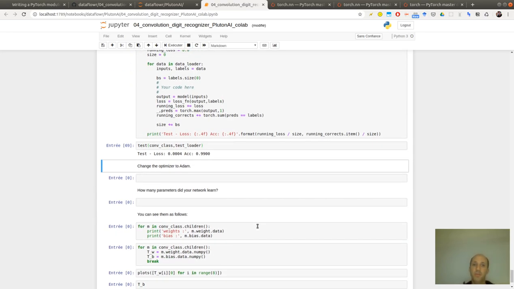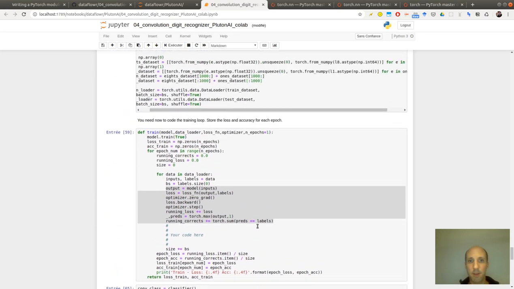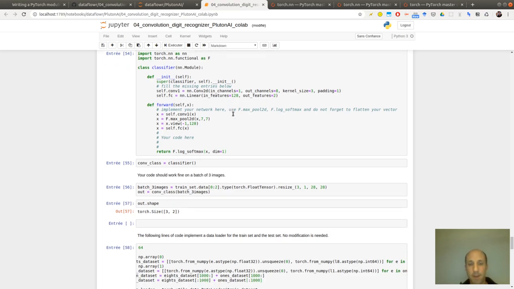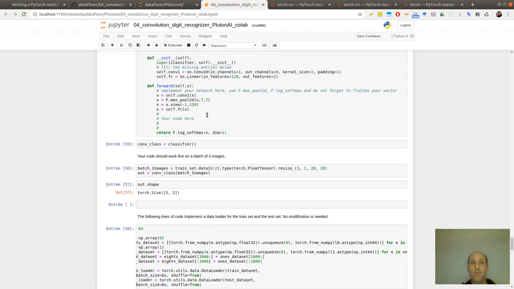How many parameters did your network learn? So the parameters that are learned are the parameters of the kernels here, which are 3 by 3 times 8, the number of output channels. And then the number of parameters here is the size of the matrix, 2 times 128 plus the bias. And there is no other parameter.